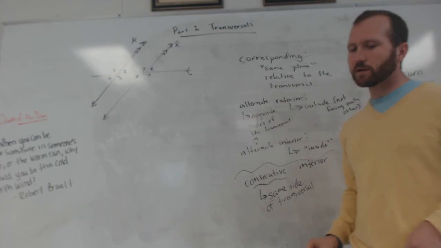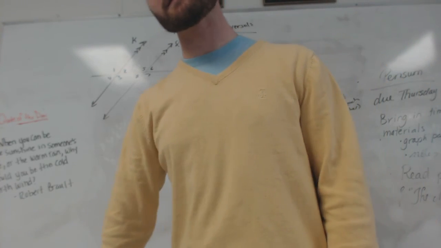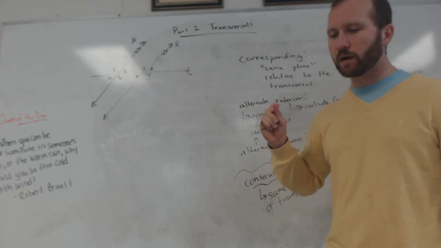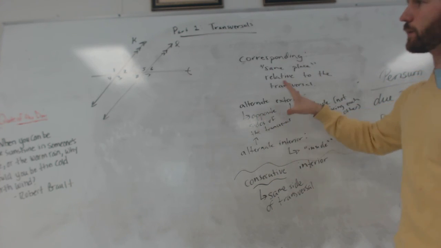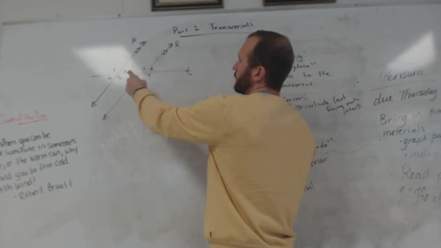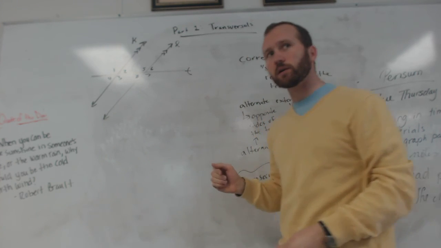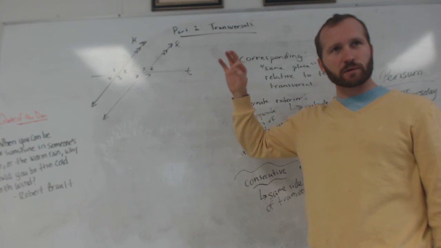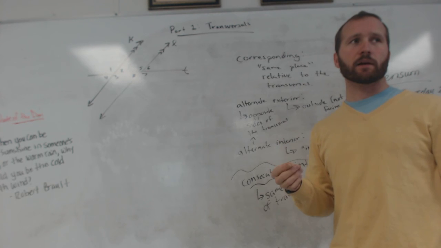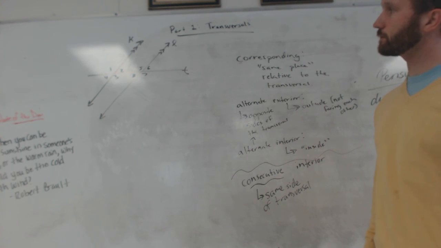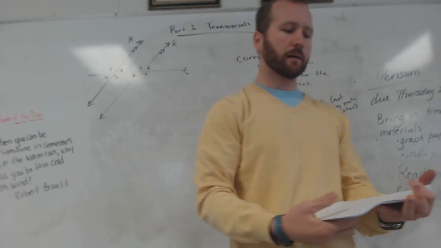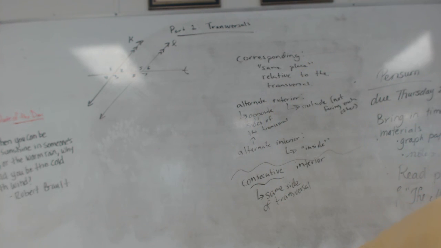All right. So mostly the homework tonight is going to be applying these things. I'm not going to give you homework tonight over the actual proof of them, but applying the terminology and applying what we learned. So 1 and 7 are equal, right? 2 and 8 are equal. Trying to see those relationships between alternate exterior and alternate interior, as well as some vertical angles and things like that. What about tomorrow on the quiz? Are we going to have to prove things? No. Tomorrow your quiz will be very similar to your homework. Not the same problems, but